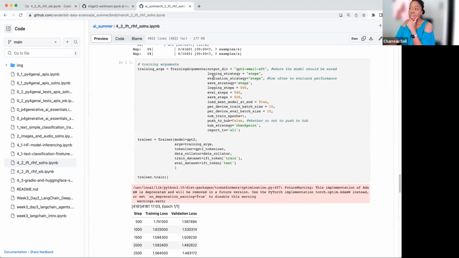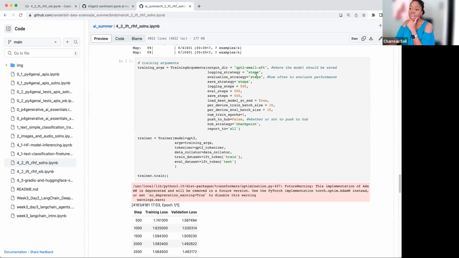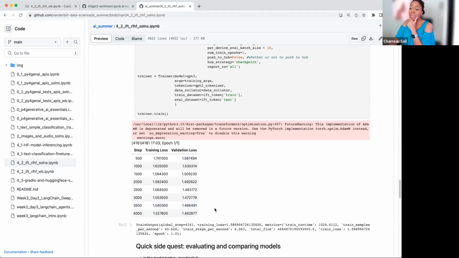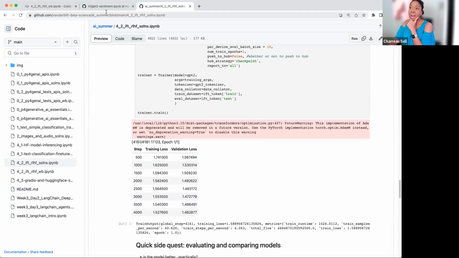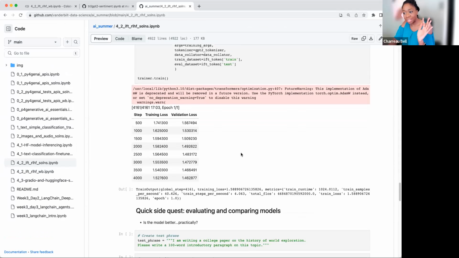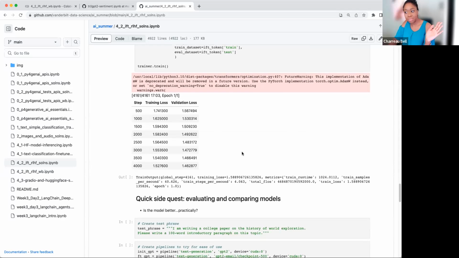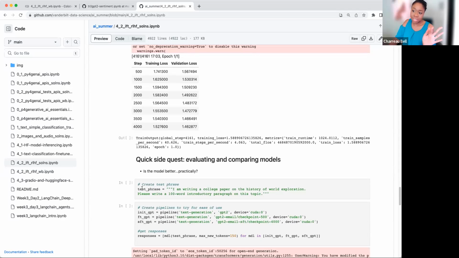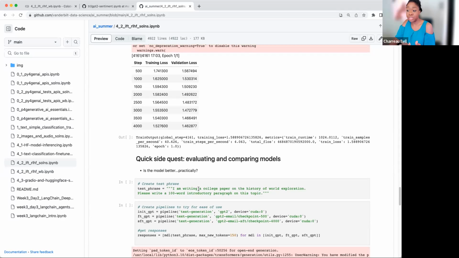So in our notebook, after we've done our SFT, okay, we have this trained model that we want. So as we saw in this TRL, something that we can do in addition to using that compute metrics and evaluating on a separate data set, some metrics that we want to look at, we can actually just look at the models that we've used, right? So let's say, for instance, that we have this phrase: I am writing a college paper on the history of oral exploration. Please write a 100-word introductory topic paragraph on this topic, okay? So we have instructions, and then we're telling it to do something.